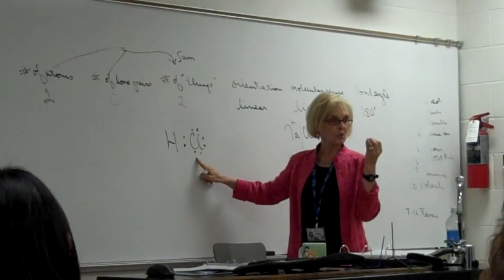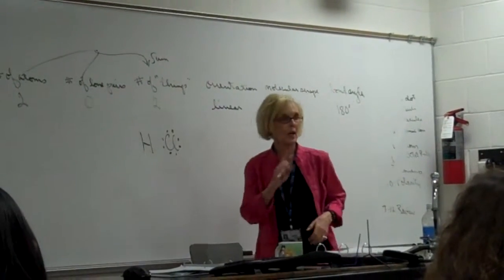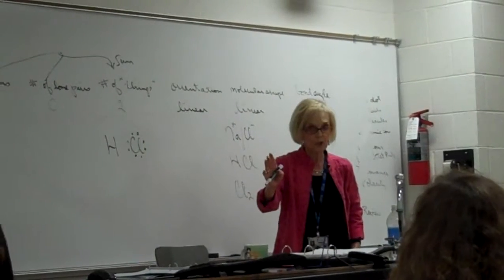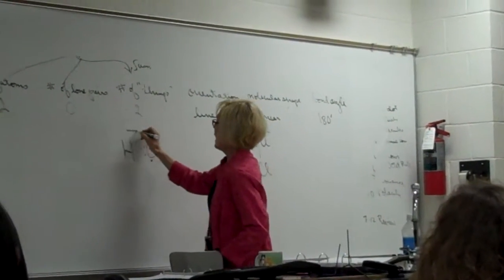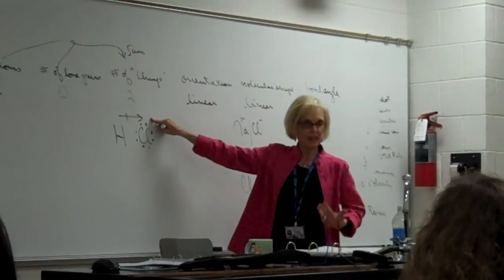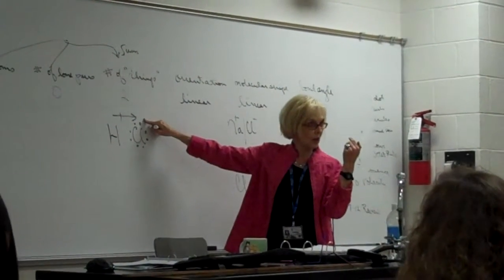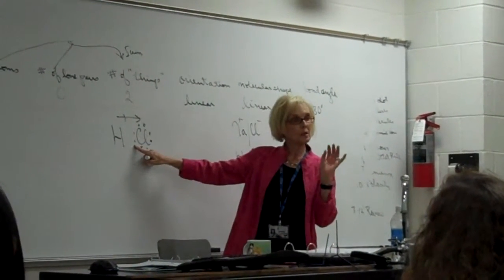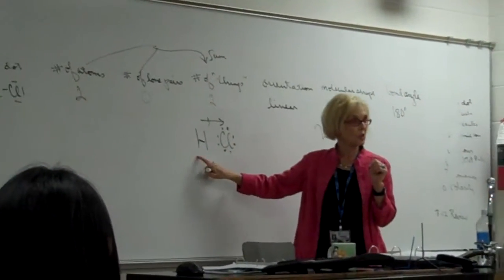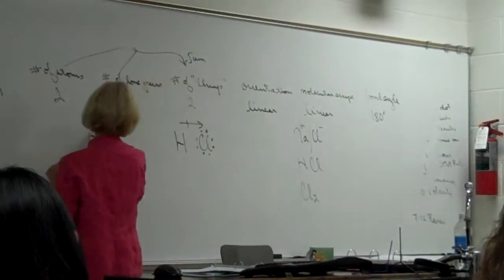Bigger, older, meaner sister. These electrons actually shift over. It's not a total giveaway, so it's not ionic, but they shift over toward the more electronegative side. And there's two ways people show this. You can show it with an arrow, like a vector, to show which way they shifted to the more electronegative side. Those electrons spend about 90% of their time close to this nucleus and about 10% of their time close to this nucleus. An alternative way of showing that